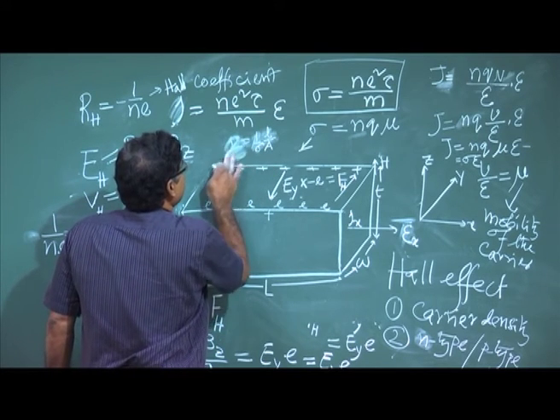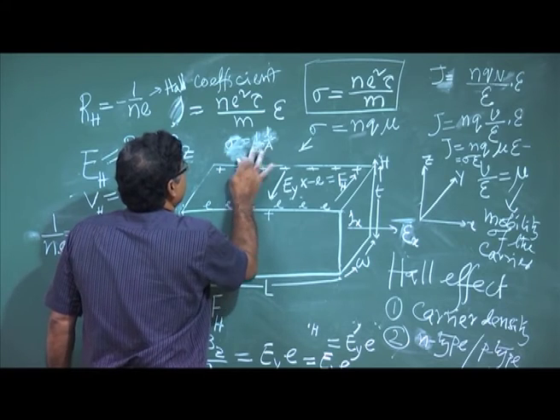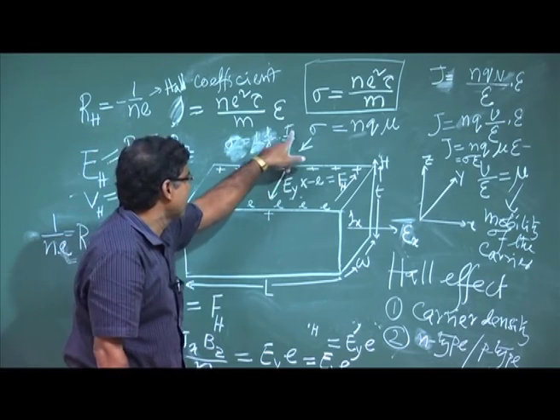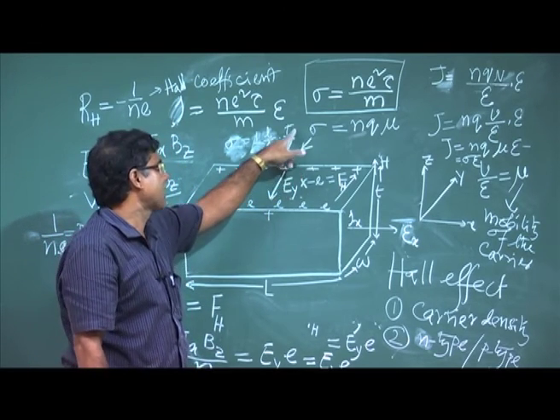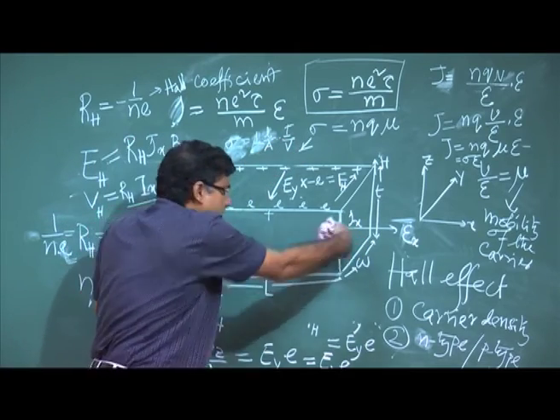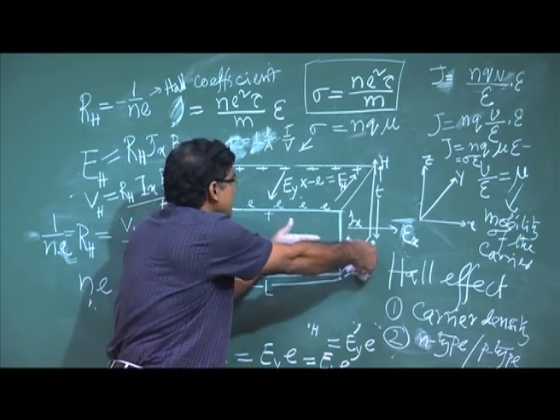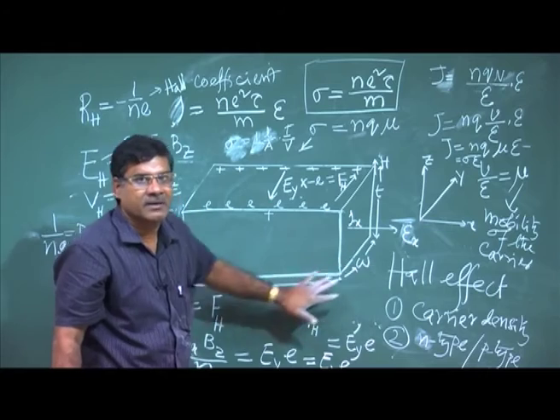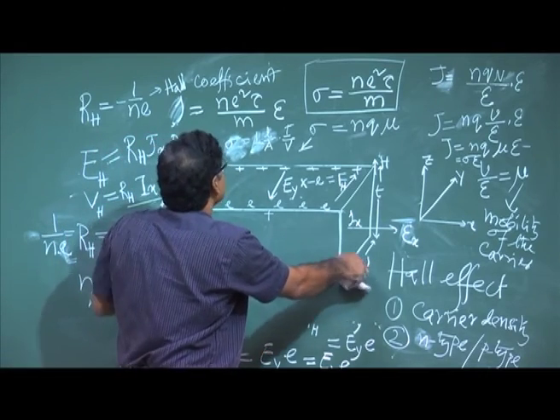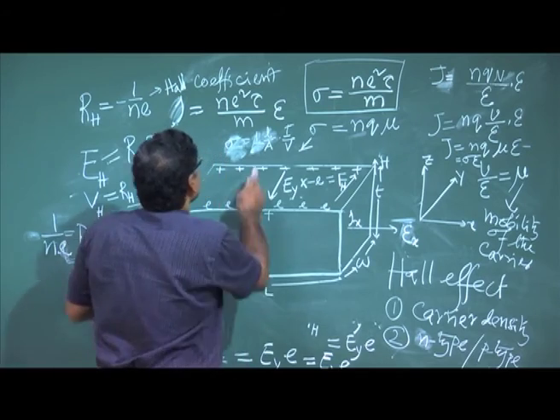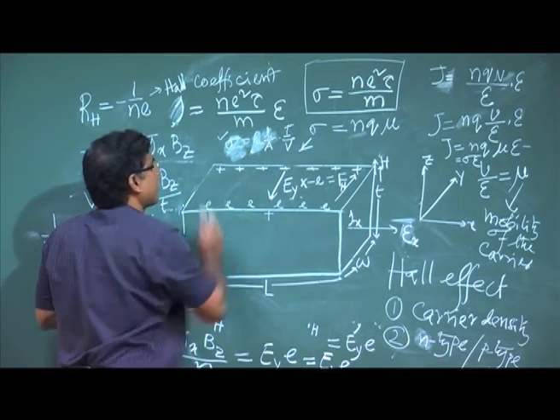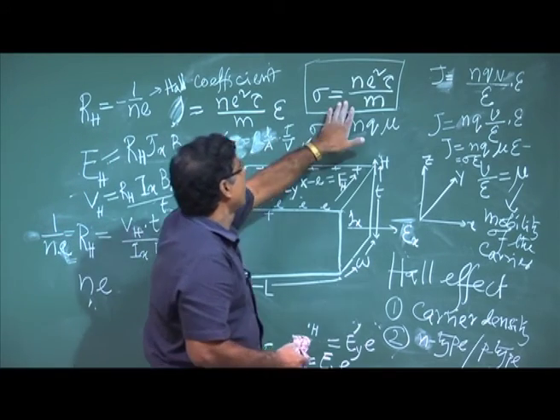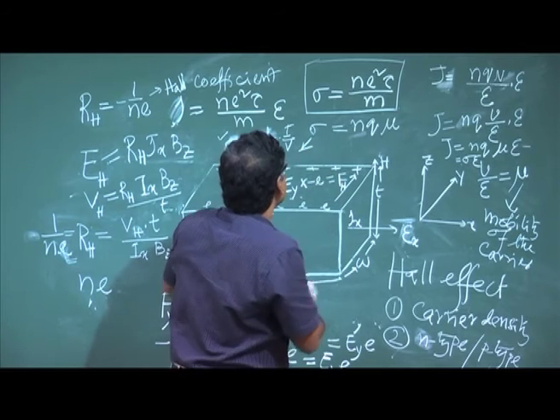So, sigma, and V by I means here I by V. So, I can do an experiment where I apply voltage and measure the current, okay. Say in this sample, I apply voltage and measure the current, then I know the dimensions of my sample, what is the length, what is the cross-section area, then I will get the sigma, right. So, if I measure the conductivity, I will get sigma.